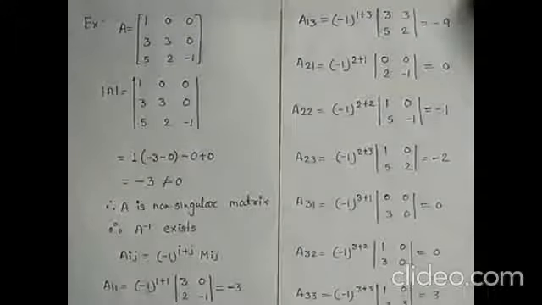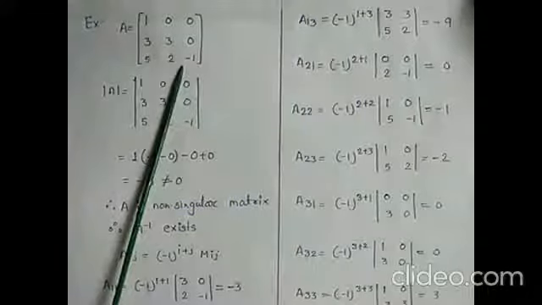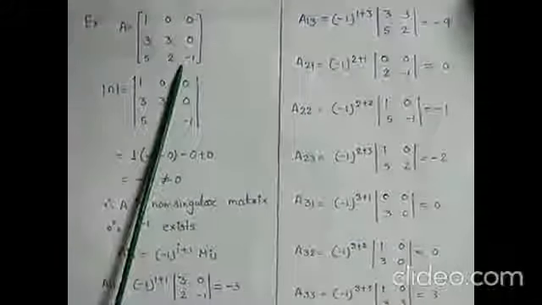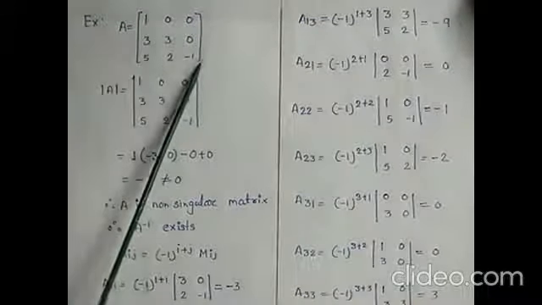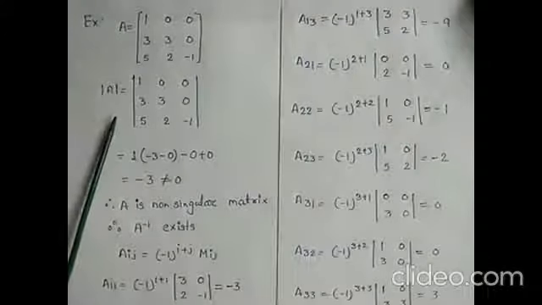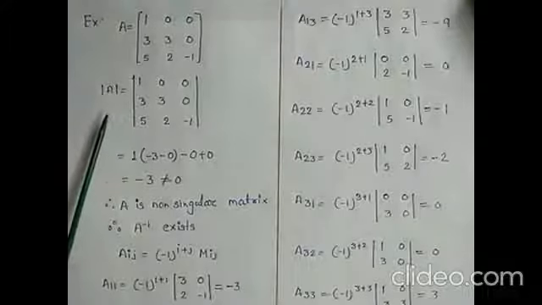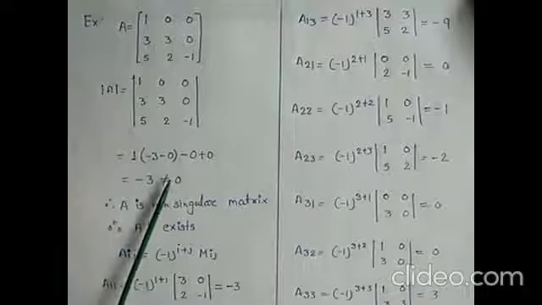Now we will see the inverse of a matrix of order 3 by 3. We just solved one of order 2 by 2. Okay. Now we will solve one of order 3 by 3. Let us find out the inverse of a matrix by the adjoint method. This one, 3 by 3. What is our first job? Our first job is to find out its determinant. Let us check whether its determinant is 0 or non-zero. I have found it. You know how to find the determinant. No need to explain.